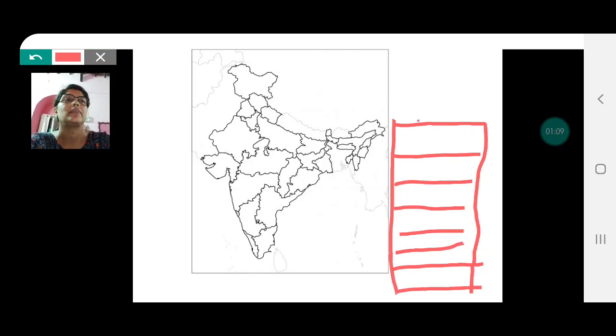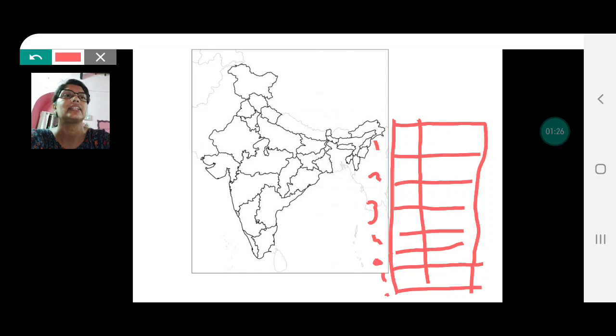Okay, so we have 7 boxes. We need to write 7 numbers. Suppose if you do 5, 6 and 8, any 3, then you have to write 5, 6 and 8. You cannot write 1, 2 and 3. But since we are showing all, so we will take all 7: 1, 2, 3, 4, 5, 6 and 7. Okay, whatever signs and symbols we use there, we have to show here.